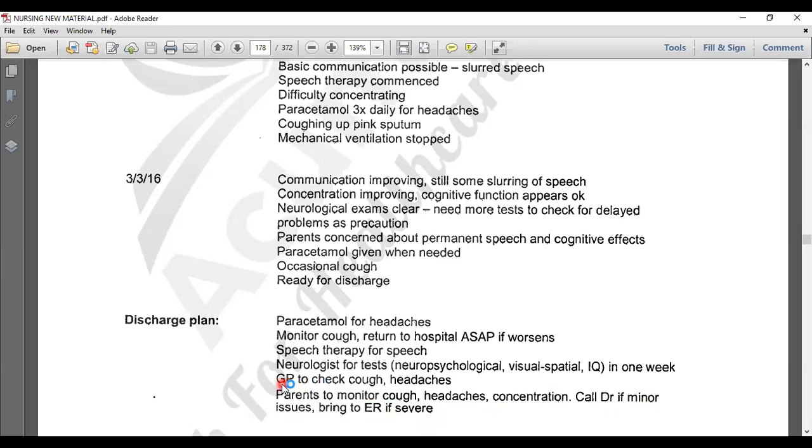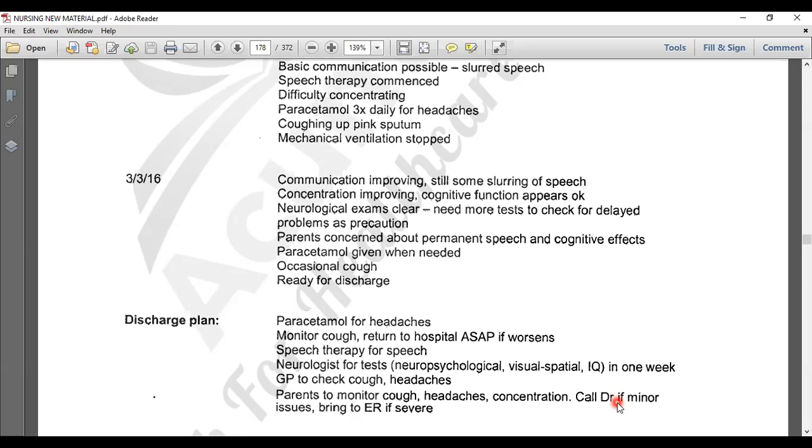So of course, the GP is there for the cough and headaches, but he is not someone who will be with the patient 24 hours. So we have instructed the parents to monitor it. And the parents have also been instructed to contact the doctor if the girl has any issues. So that is the basic difference between writing a discharge summary to a community nurse and to a